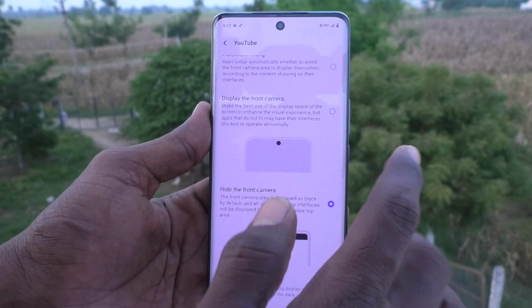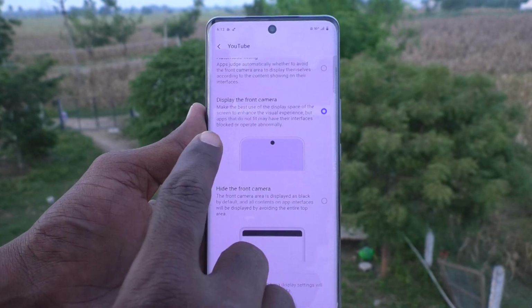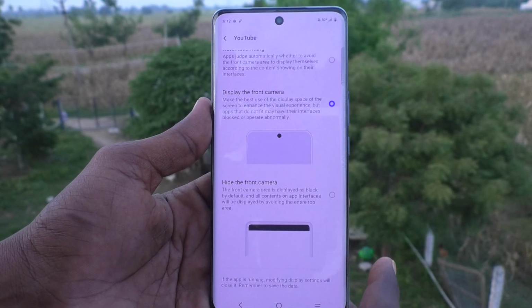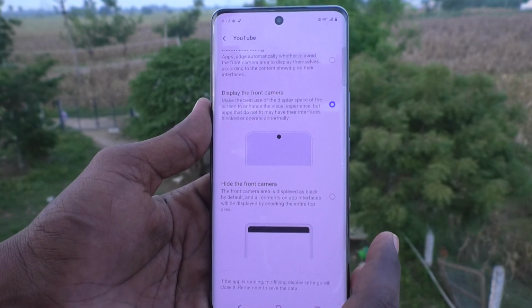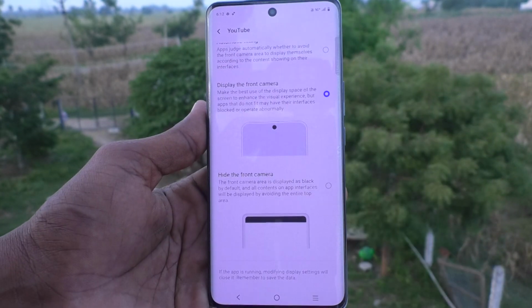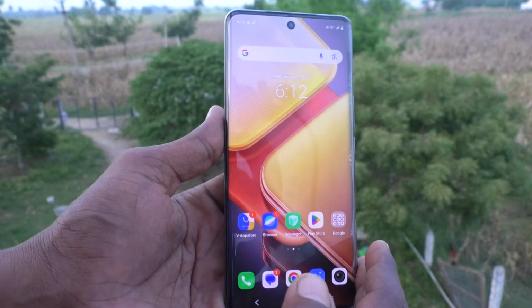If you would like to get full screen display for YouTube, always keep in mind to select this option, the second option, display the front camera, so that you can make use of the full screen of your phone for playing YouTube videos. So in this way you can easily set full screen display for YouTube in your phone